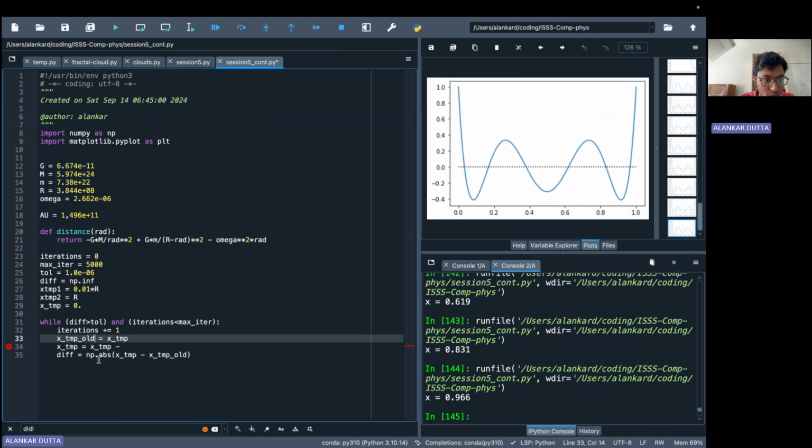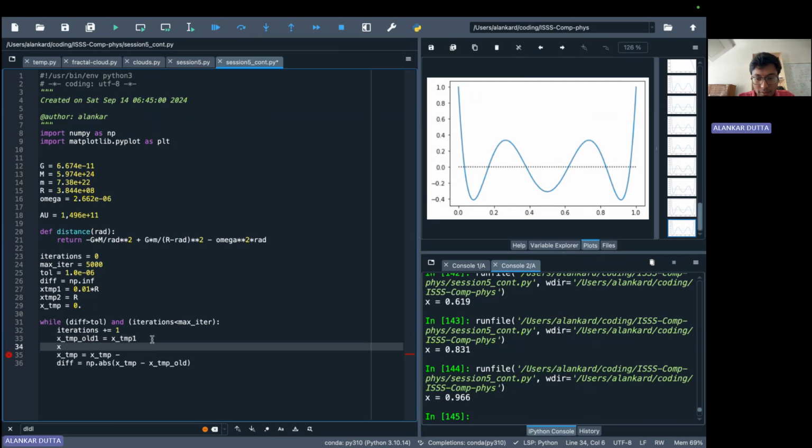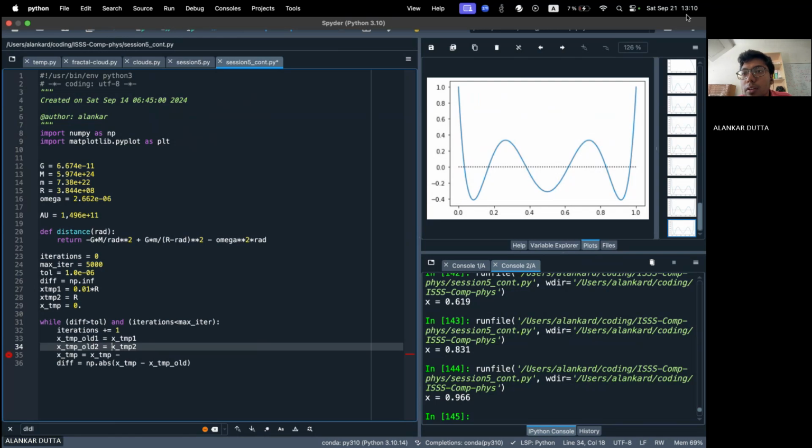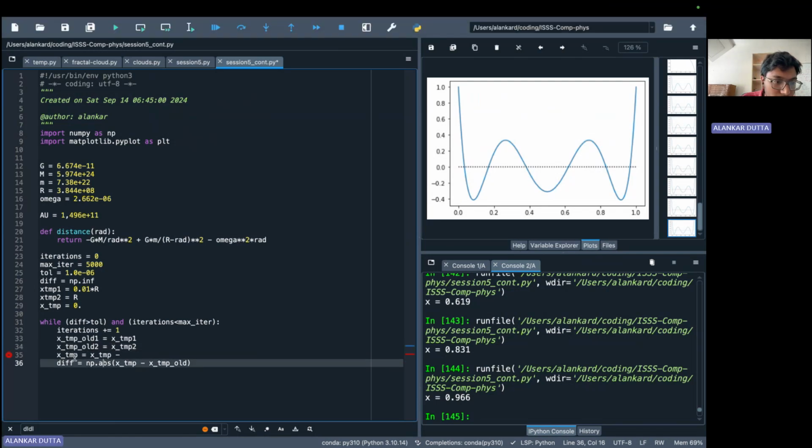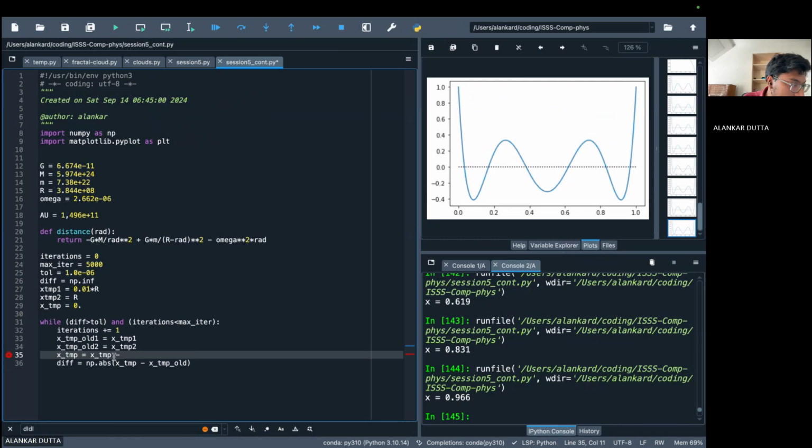So xtmp old 1 is xtmp1, and xtmp old 2 is xtmp2, right? These are the two things that we are going to have. So let's see, xtmp is xtmp, say, 1 minus,